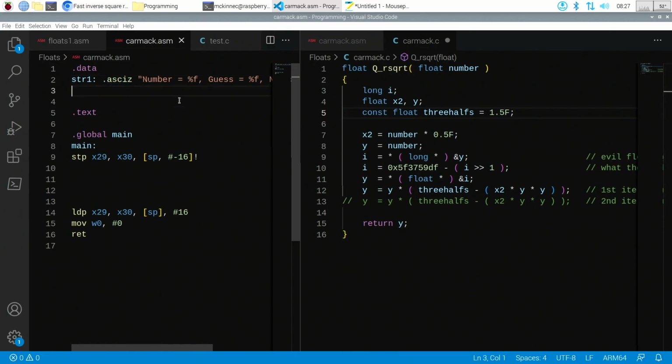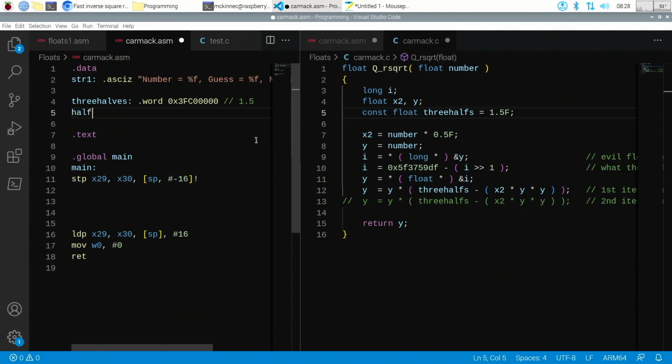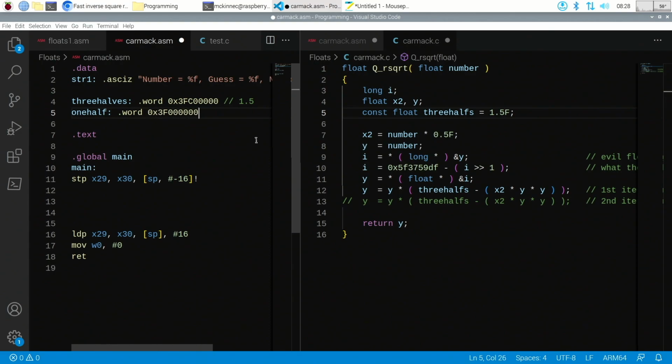So in my data section, 3/2 is going to be a word, and then I'm going to cheat real quick and compute what 1.5 is, as 3FC. So that's 1.5. And 0.5 is